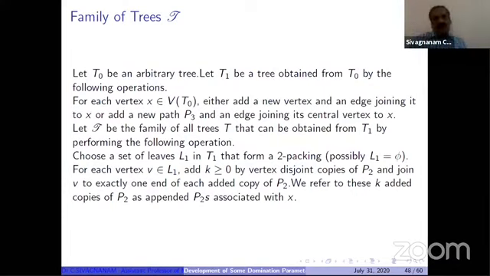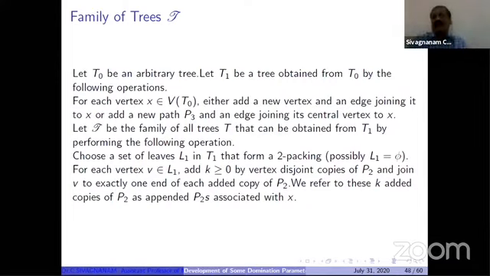So we are getting a new tree, denoted by T1. Now in T1, we collect L1, a set of leaves. Leaves mean pendant vertices, so only leaves I have to select, and it is a 2-packing. 2-packing means the distance between two leaves is more than 2, so minimum 3 we require. Like that, we collect the set. Only at that set we join K2s, some number of K2s we have to add. In the example, we can understand that.